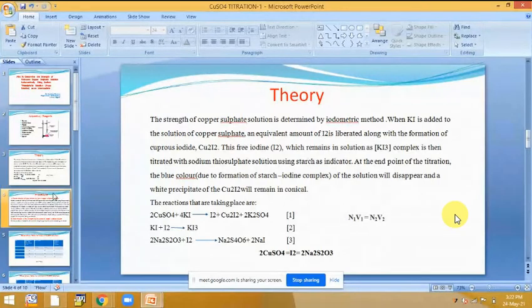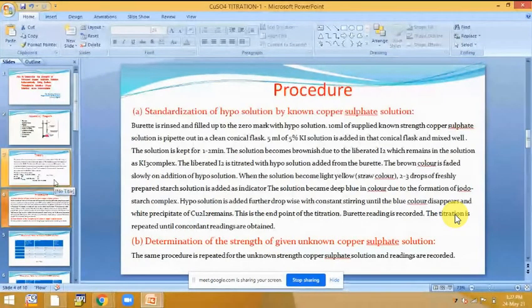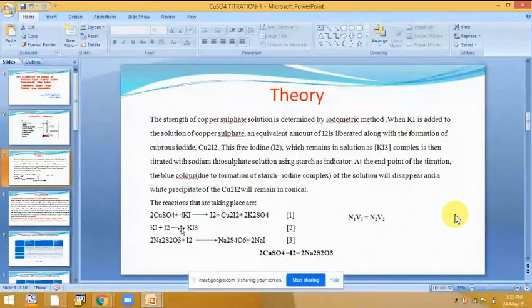Now, in the process, you see, when you add KI solution, the solution color first will be brown. Then we will not add starch solution initially, because when iodine reacts with thiosulfate, if I add starch solution initially, this iodine will form a starch iodine complex, which is stronger than this one. That means this iodine will not be liberated from that starch iodine complex, which will make it tough for the iodine molecule to react with this thiosulfate.